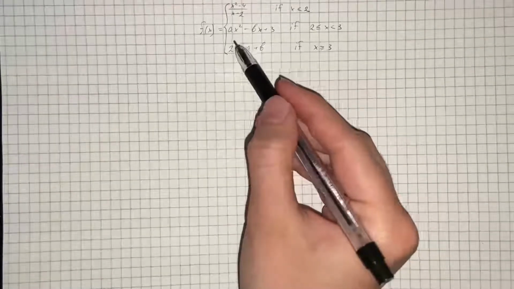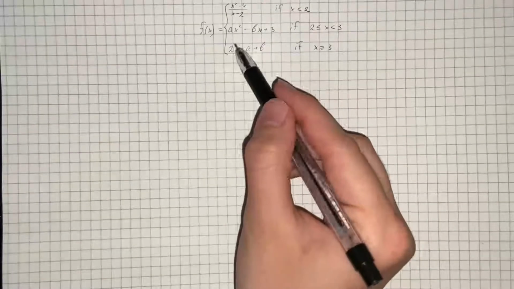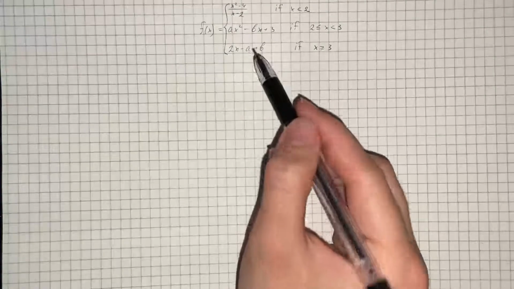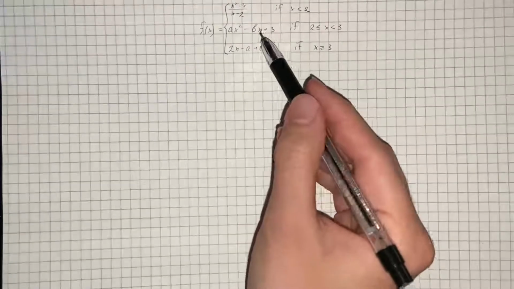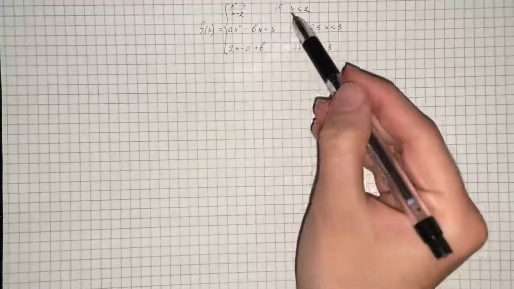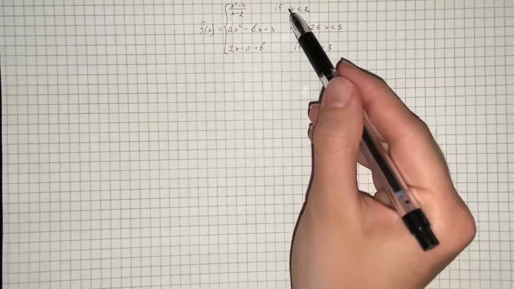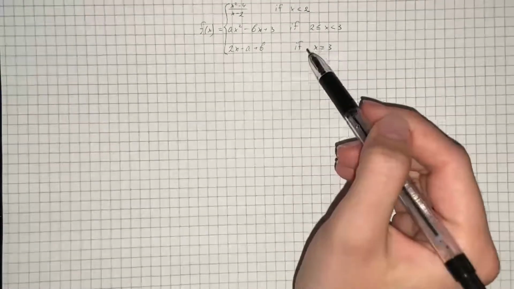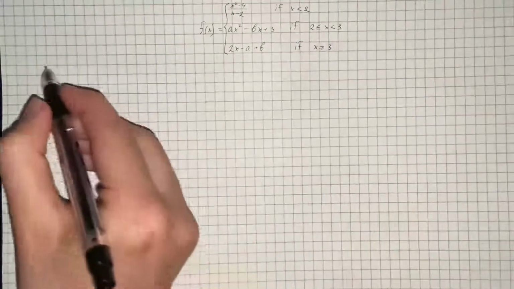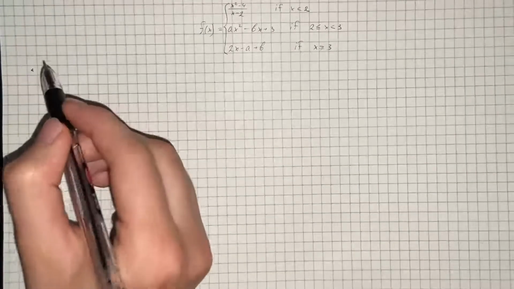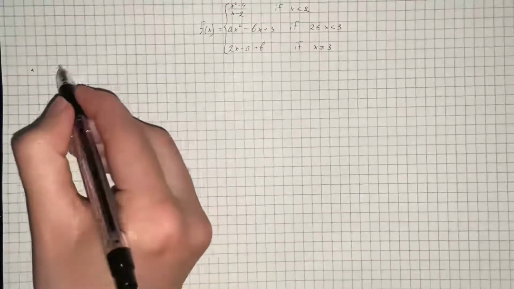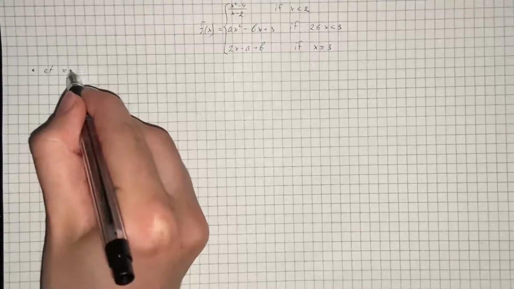We have to find the values of a and b that make f of x continuous everywhere. So the function is continuous everywhere if it is continuous at each point in the domain. So we're going to start with finding the left-hand and right-hand limit of the function at point x equals